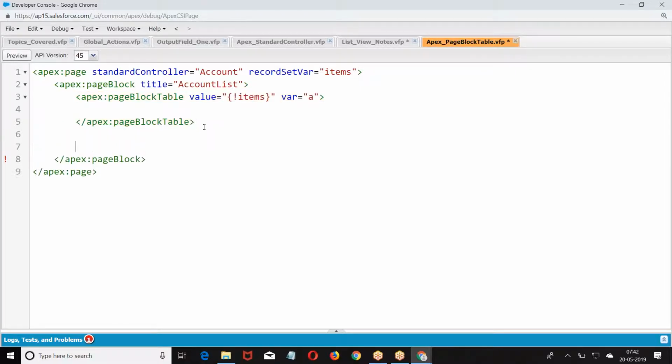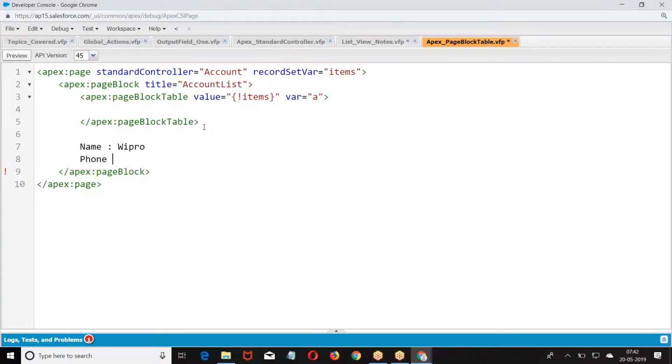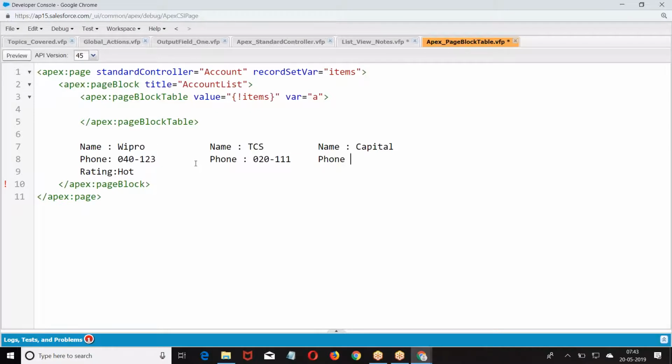Now we have a group of records here. This is what I got.